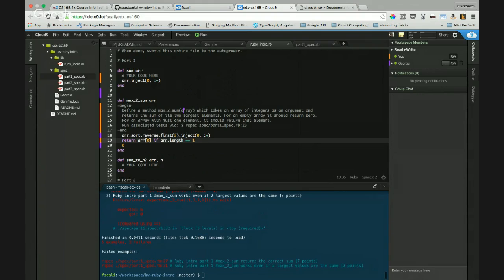It didn't pass. Still didn't pass. That's because it returns 0. Okay, yeah. We can cut off the last two rows, I think.